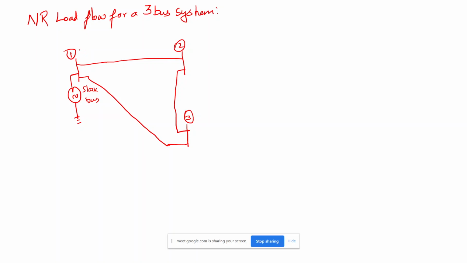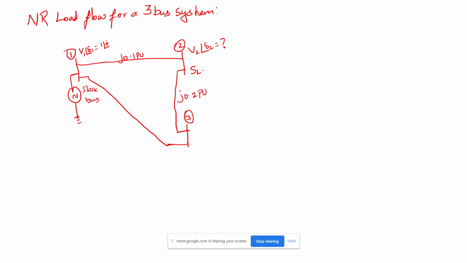and we know that for slack bus V1 angle 1 is nothing but 1 angle of 0 degree. The voltage value is 1 and angle is 0 degree for slack bus, and the impedances are given as j0.1 per unit, and here it is j0.2 per unit, and here the V2 and del 2 value is not given. We need to find out this voltage here,